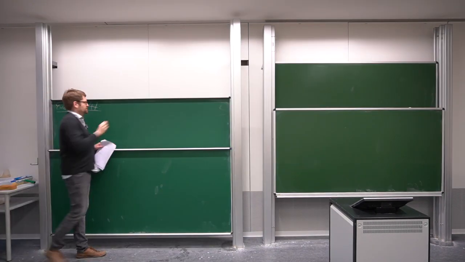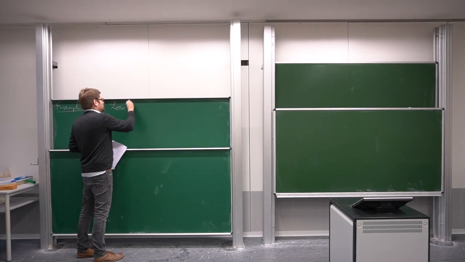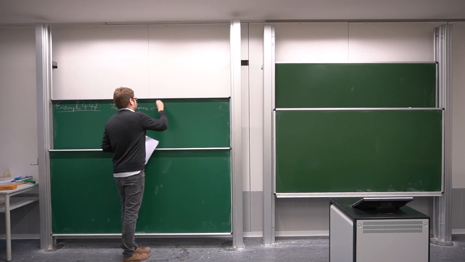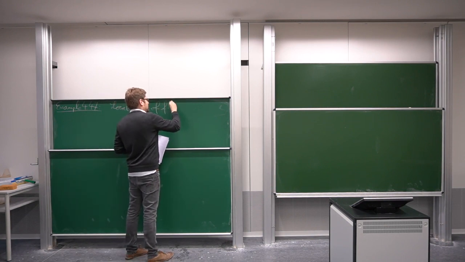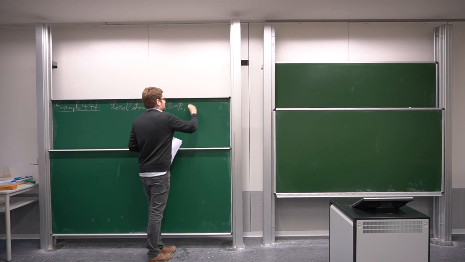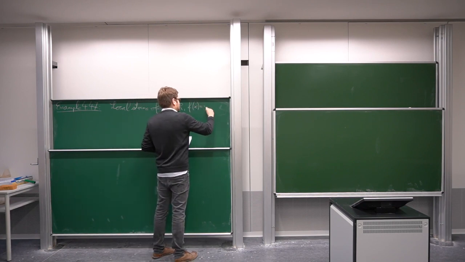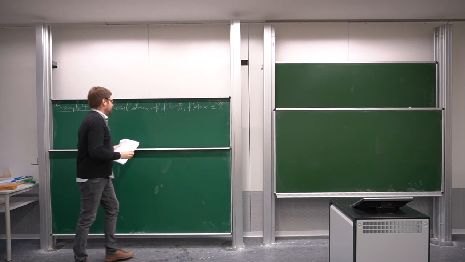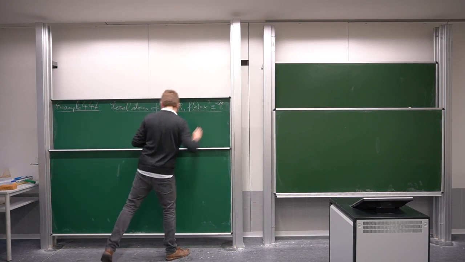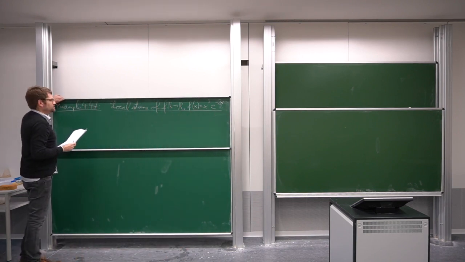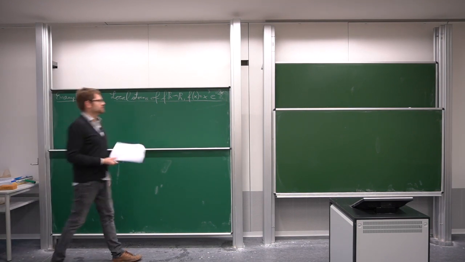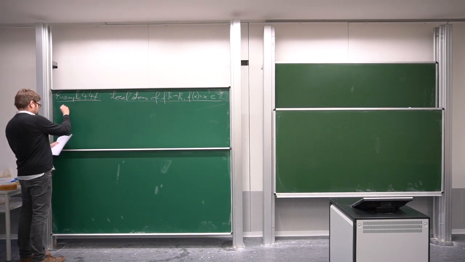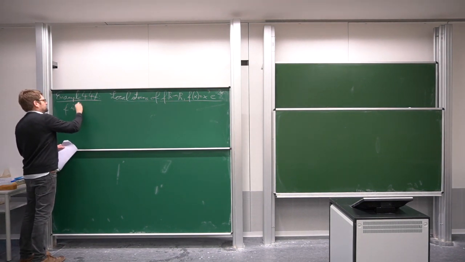We want to compute the local extrema of an example, namely the local extrema of the function f going from R to R, f of x is x to the power of 3 times e to the minus 2x. First of all, we can see x to the 3 is differentiable, the exponential function is differentiable, so this is all composed of differentiable functions. So f is differentiable,